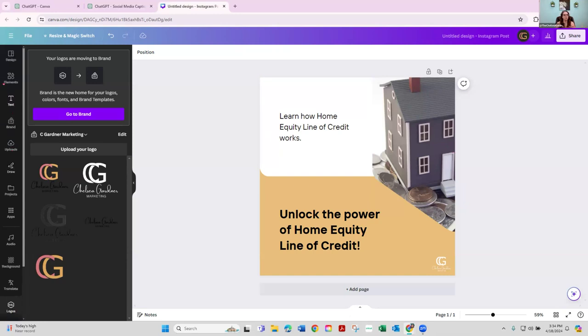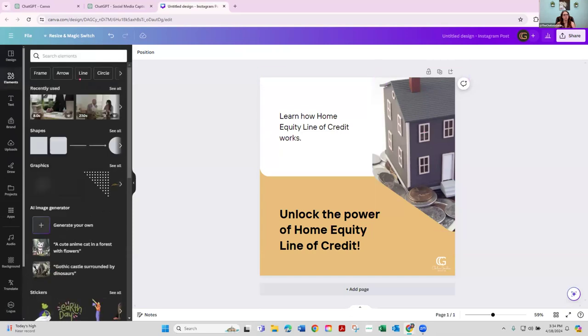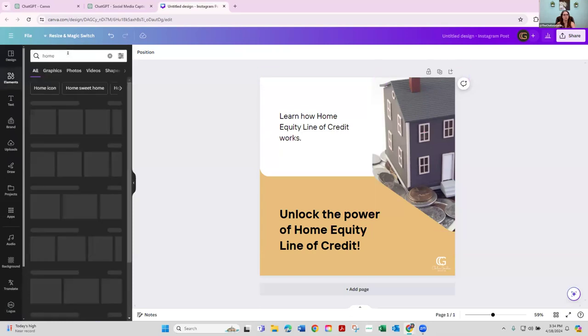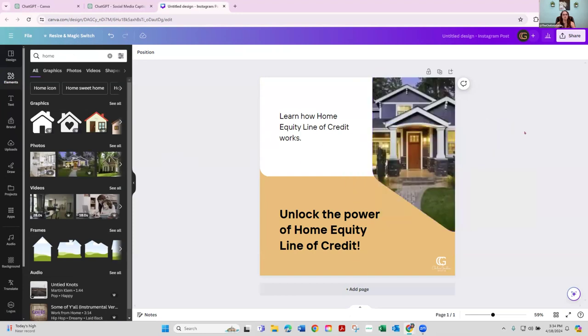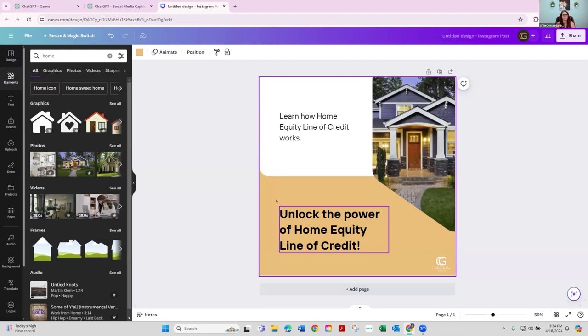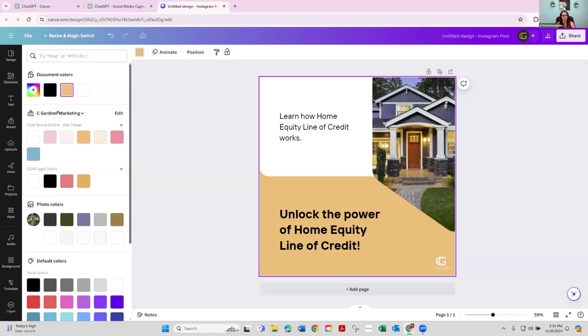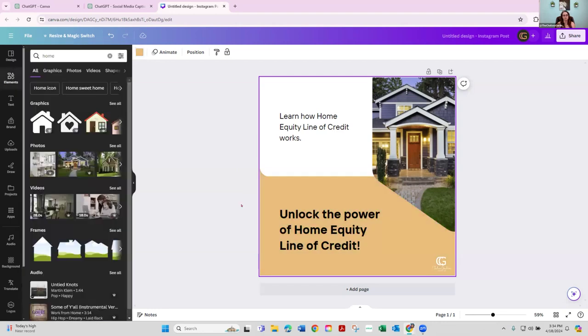You can easily come in here if you don't like this photo, you can easily come in here and find a different home and, you know, throw in a different home over here. Whatever the case is, you can start kind of tweaking the graphic itself, but just know that you can easily come in here and adjust everything in here, especially if you have your brand kit. It makes it very simple. So you guys saw, all I did was come in here, choose my brand kit, and there's my pink, there's my blue, there's my orange, right? And I just was able to tweak it that way.